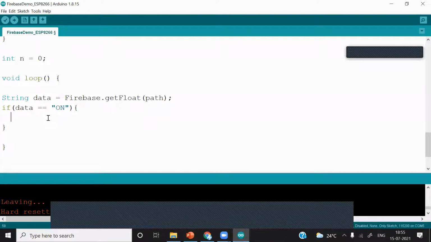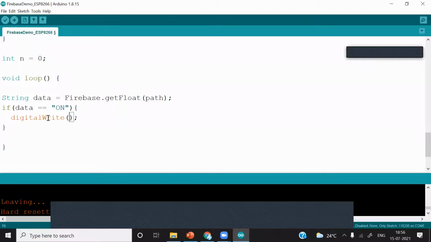If it is on, what do we want to do? We want to turn on the LED. So to turn on the LED, we have to write data 1 to that pin. Digital write. To write data on any pin of ESP8266, you have to use this function.